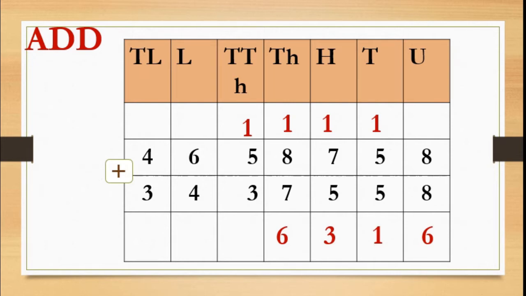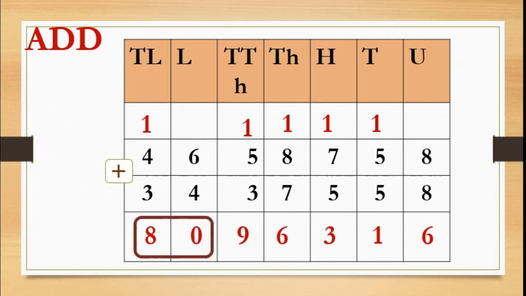Again here 1 plus 5 plus 3 is 9. No carry over because only a single digit is there. So we are writing that number in the 10,000s place. Now we will move to the left. Now 6 plus 4 is 10. 0 we will write down and 1 is again carried over to the 10 lakhs place. Now here 1 plus 4 plus 3 is 8. Correct? Got this, children?